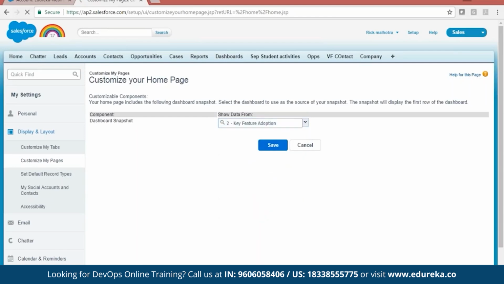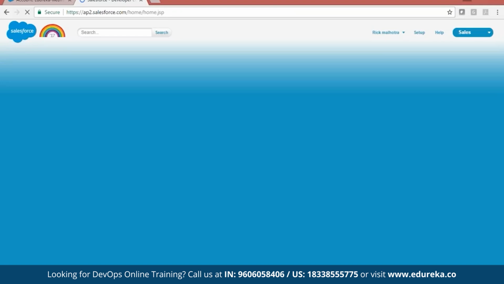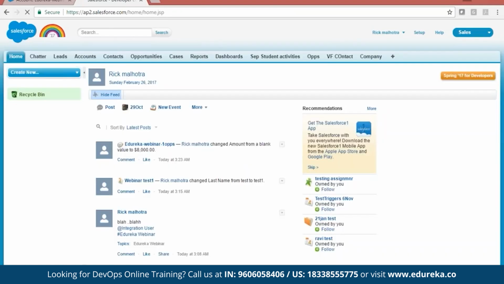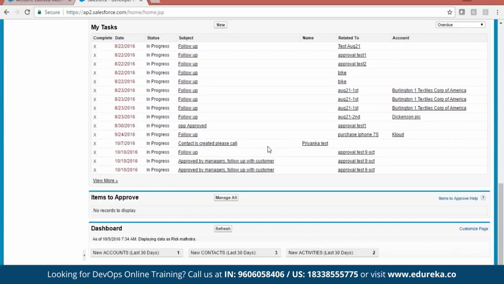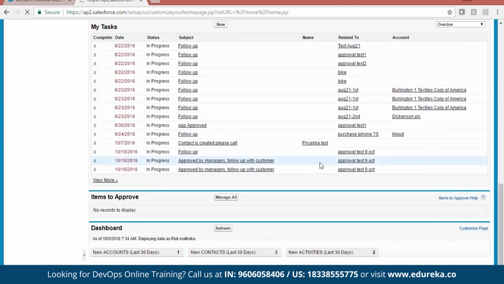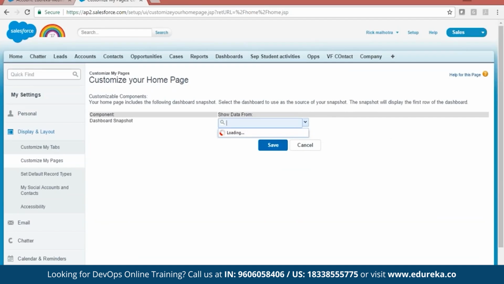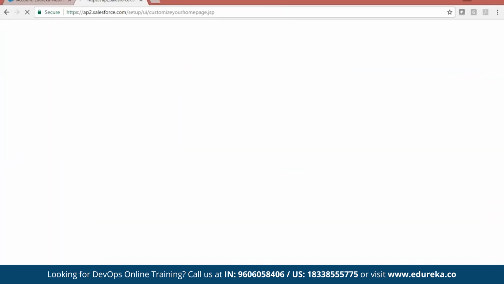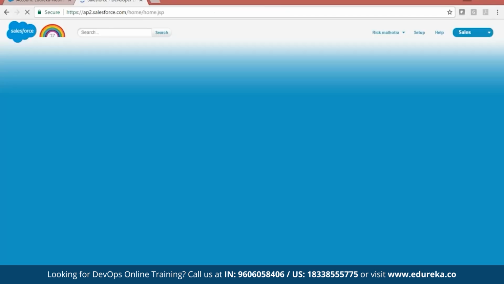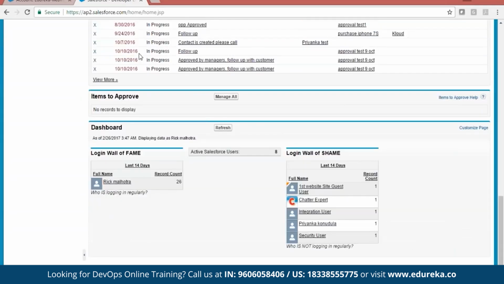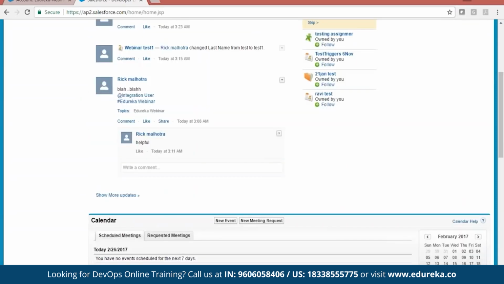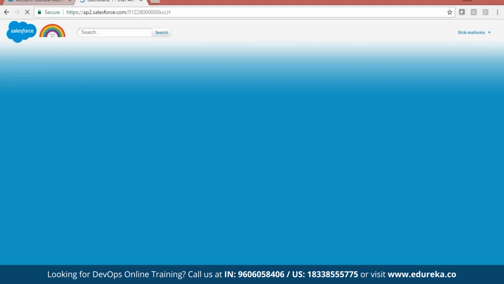let's say this one. I can also choose which dashboard I want to see. If I have 4 to 5 dashboards assigned to me, I can look at that dashboard. Now, this dashboard is not so good. I can choose, I can create my own dashboards also. It all depends on me, which one to choose, which one not to choose, and there are many more. So those dashboards can also be on your home page.